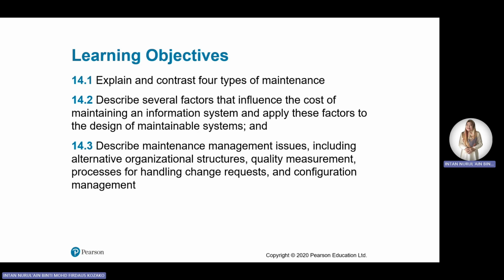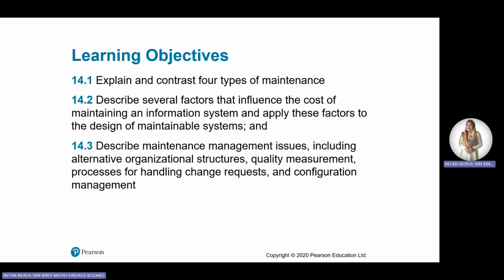Next, describe several factors that influence the cost of maintaining an information system and apply these factors to the design of maintainable systems. And lastly, describe maintenance management issues, including alternative organizational structures, quality measurement, processes for handling change requests,